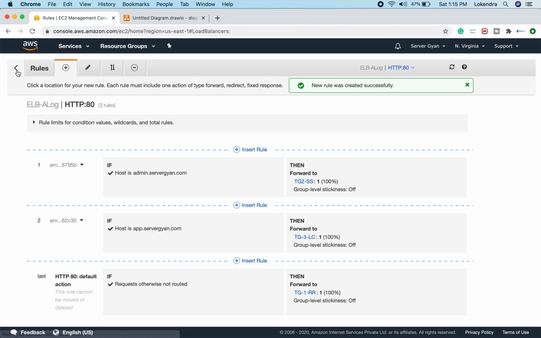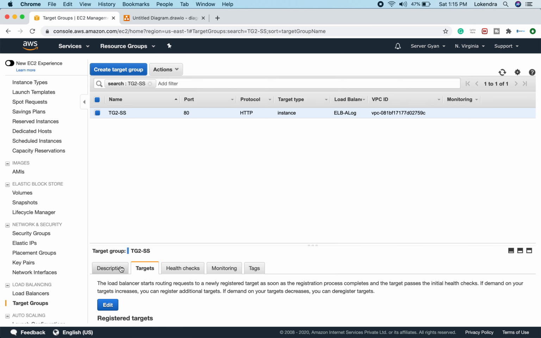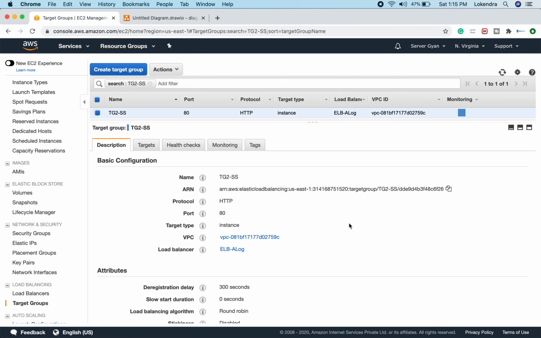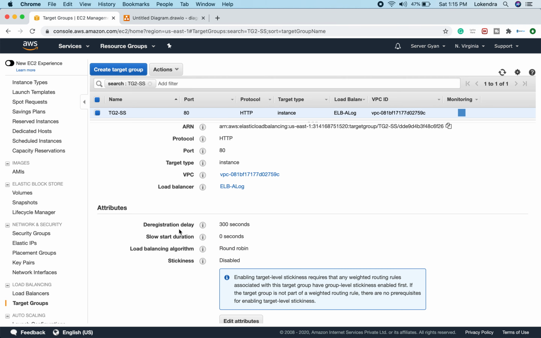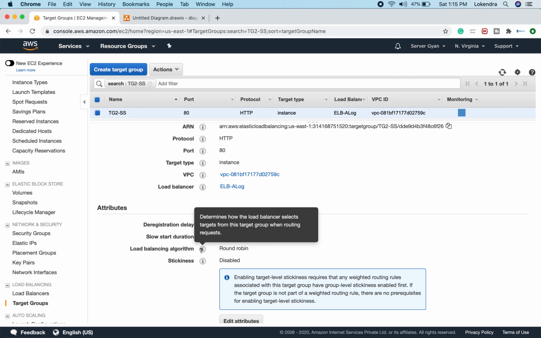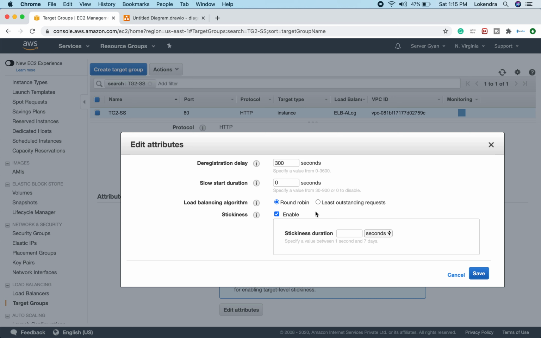Now the main component here is the target group, which we are going to discuss. So we have set the load balancing algorithm, and this is under provisioning state. Now let us see the target groups here. We will go to description, and we will see that this is the name, sticky session. These are the attributes of the load balancer like deregistration delay, slow start duration, and round robin load balancing algorithm. By default it is round robin, and if you want, you can enable sticky session here. As you know the name of that, that is SS, it means sticky session. So we will hit over here, and then it will ask me for how many seconds I want to have sticky session enabled.